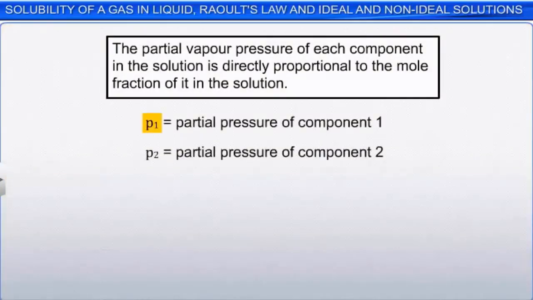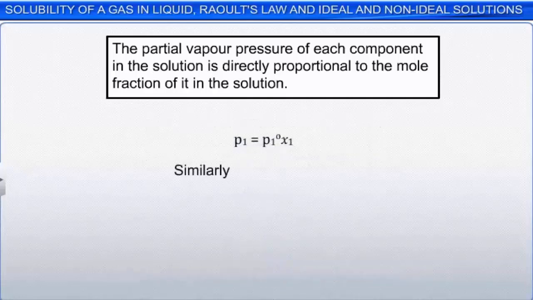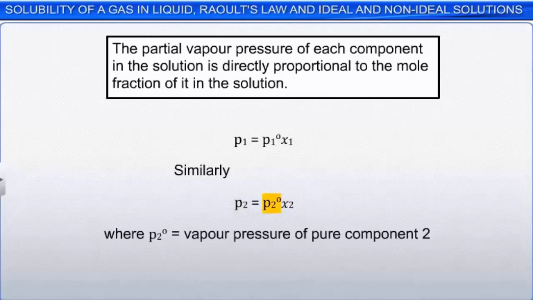Now, if P1 and P2 are the partial pressures exerted by the components 1 and 2 at a certain temperature, then, according to Raoult's law, P1 is proportional to X1, or P1 is equal to P1 naught X1, where P1 naught is the constant of proportionality and represents the vapor pressure of pure component 1 at the same temperature. Similarly, for the component 2, P2 is equal to P2 naught X2, where P2 naught represents the vapor pressure of